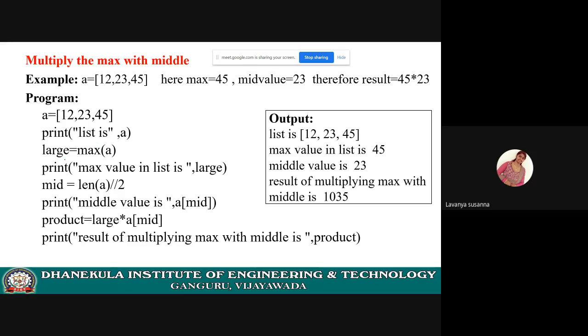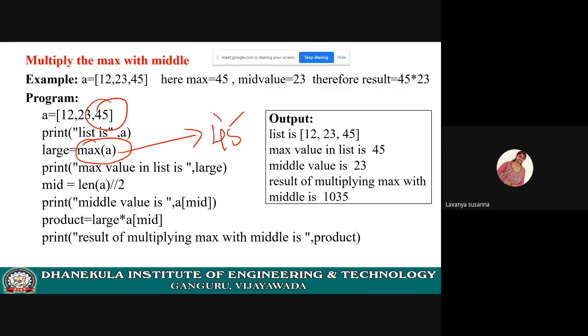Now, how to find the maximum value? Just use the max function. Max of A. Here you are passing the list, which is variable A. Now this max function will return the largest value. What is the largest value in this list? 45.